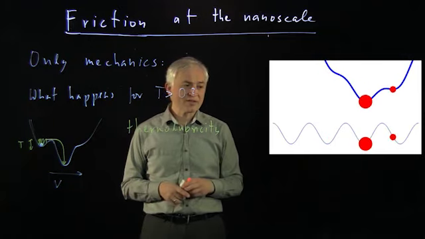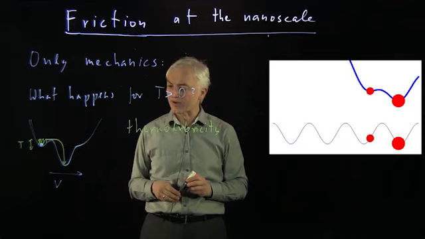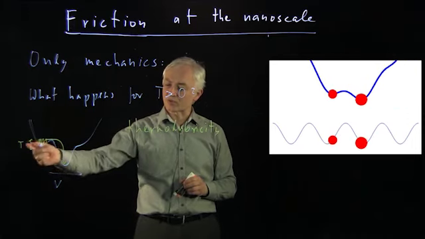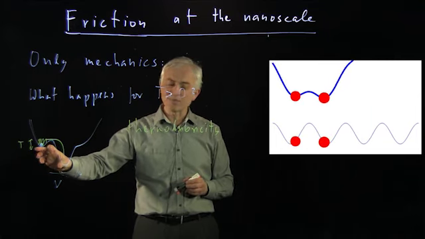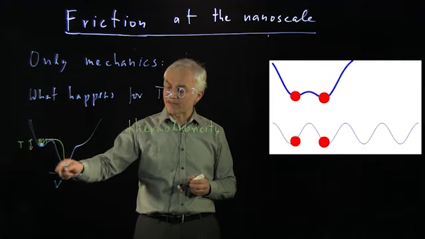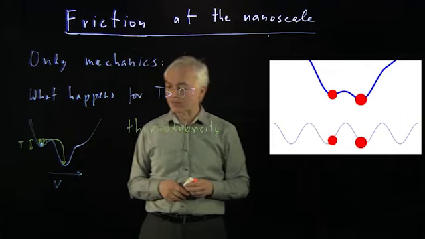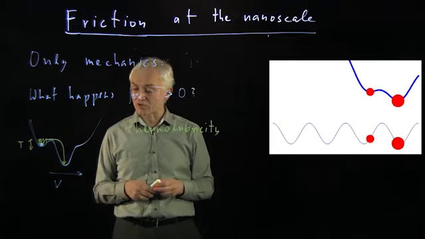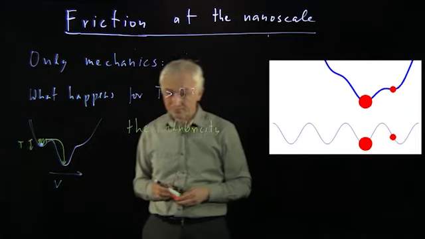So in particular, in the limit when the temperature is very, very high or the velocity of the atom is very, very low, then the atom will hop many times back and forth between the two minima, and the distribution between the two minima will be simply given by the Maxwell-Boltzmann distribution, which means that the atom will be predominantly found in the global minimum and will just be following the potential along, and the friction in this system will be quite small.